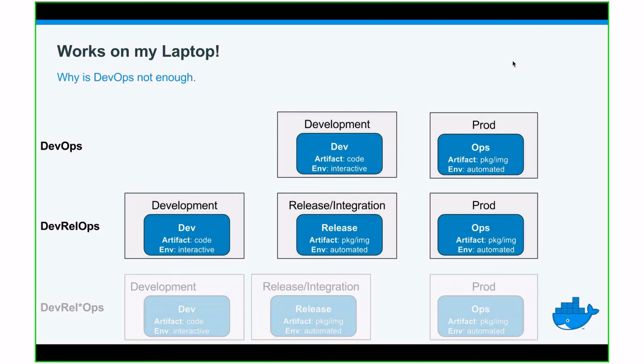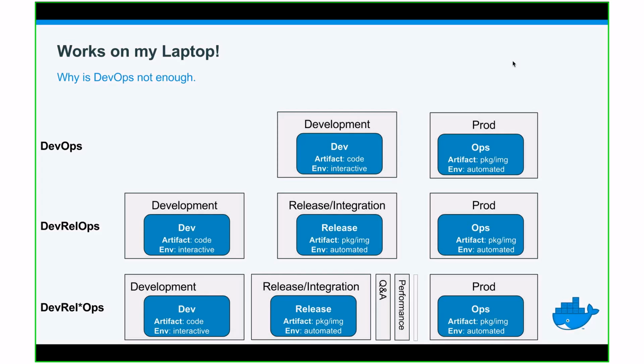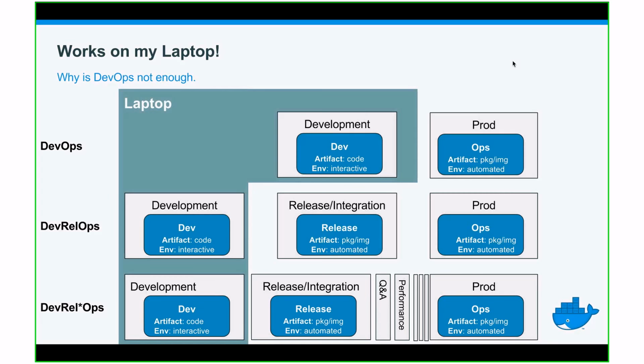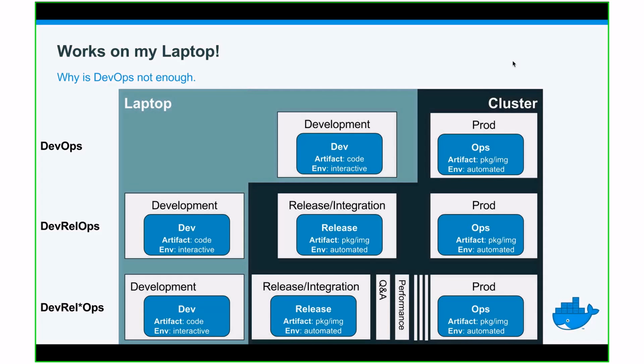And it's even worse because you not only have the packaging, but you have QA and performance tests and regression tests and all this jazz before it goes to production. And development may be done on a laptop on a workstation, and the rest might be done on a cluster. So it's Jenkins or whatever does all the different pieces together. And what I like to see in the future, and hopefully in the near future, is that you can do all these steps until you go to prod.